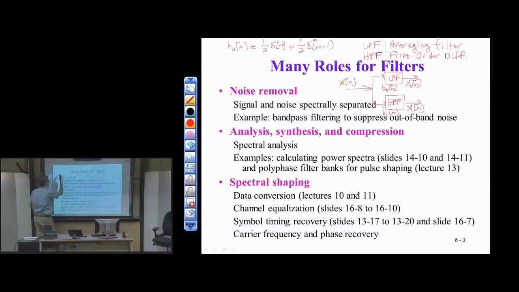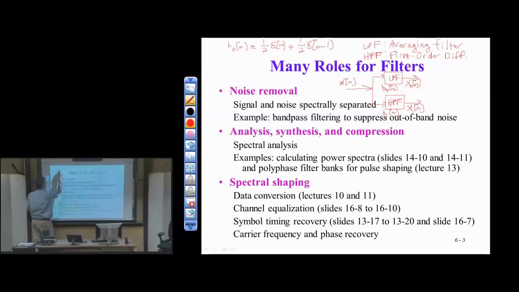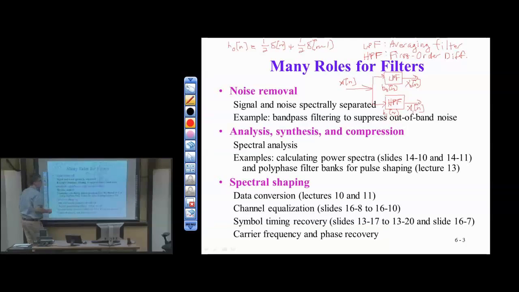The first order difference, if we normalize it, is very similar, except that the plus sign becomes a minus sign. So now I have 1/2 of the discrete time impulse of n minus 1/2 of the discrete time impulse delayed